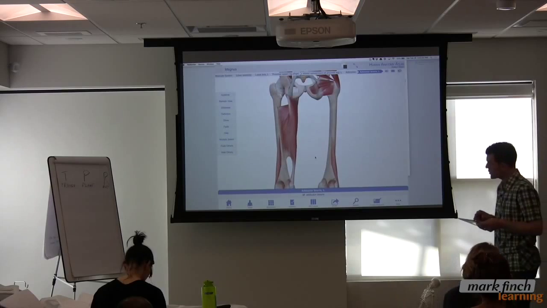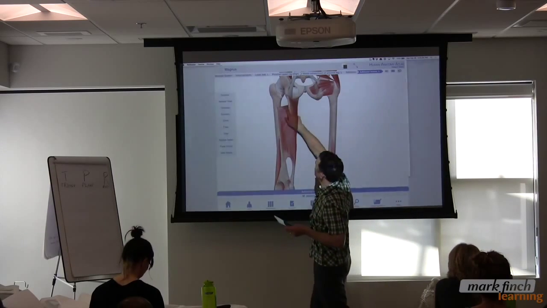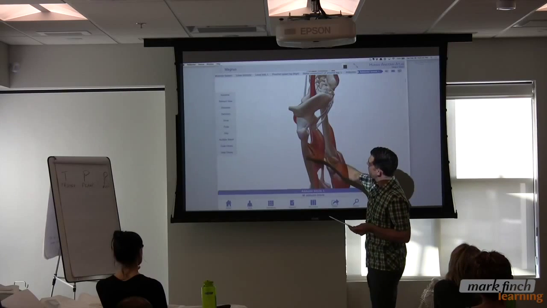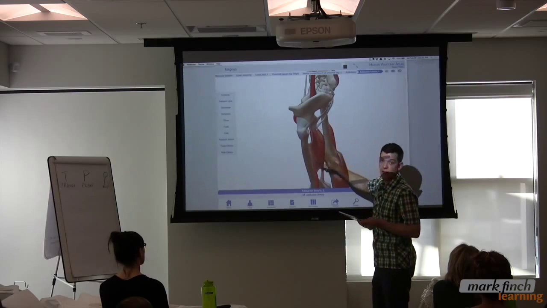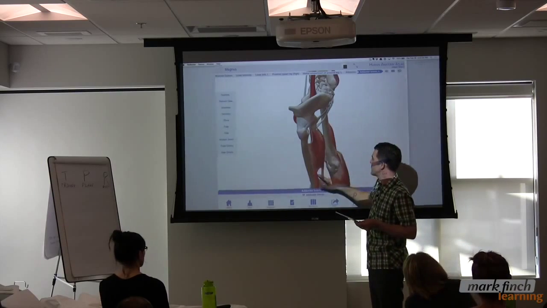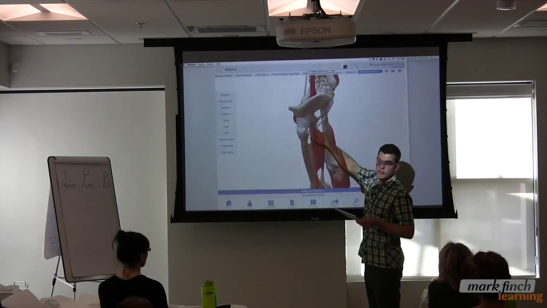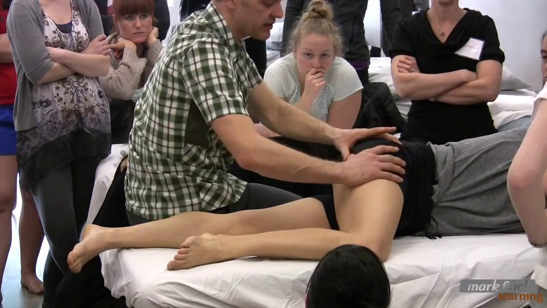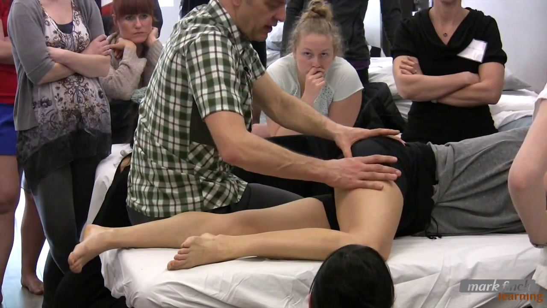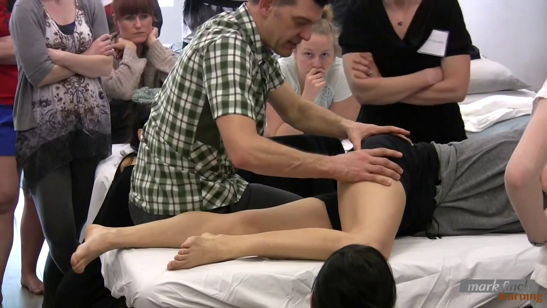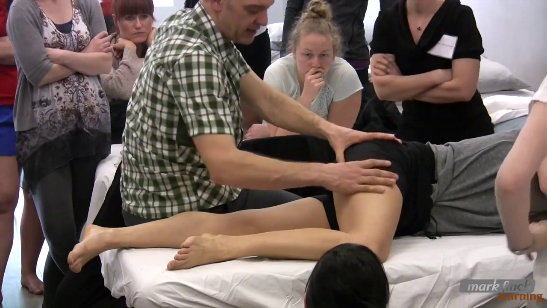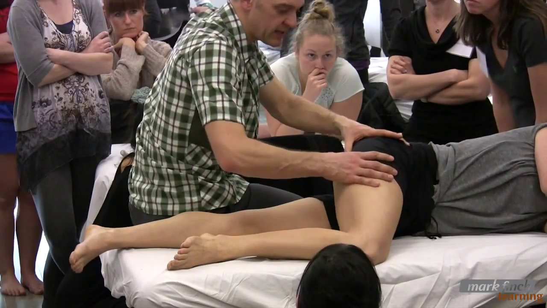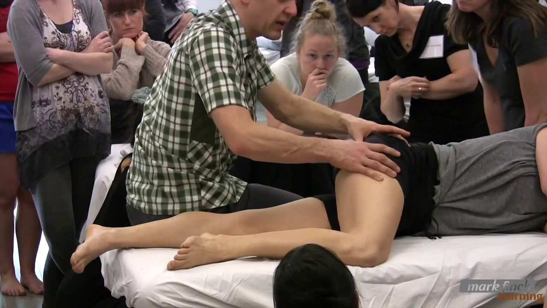So this really vertical portion is more like a hamstring, but when we get up here, so have a look at the angle of the fibers here is totally different to the angle of the fibers here. This is the part that's innervated by the sciatic nerve. This is the part that's innervated by the obturator nerve. There's a loose connective tissue pocket right underneath the glute max, and this one can slide fine. Then I'm going to compress a little bit and assess the ability of, right here is the adductor minimus, so that top portion of the adductor magnus, and then quadratus femoris is here, so assess their ability